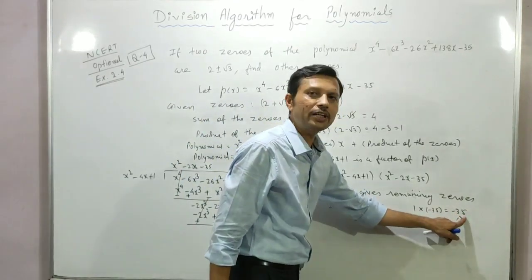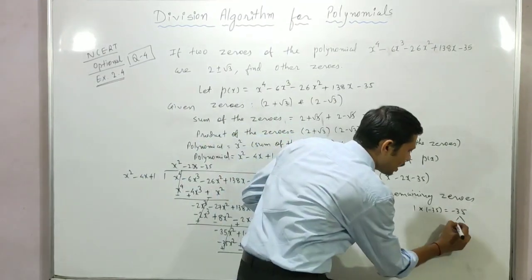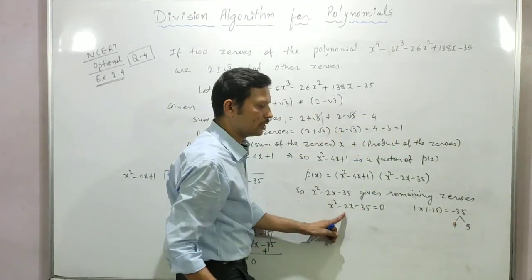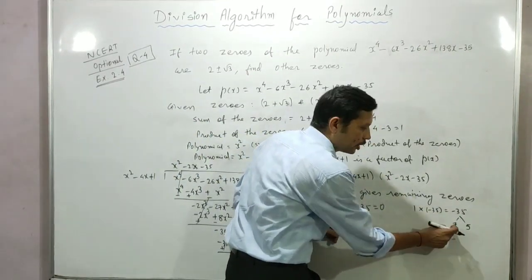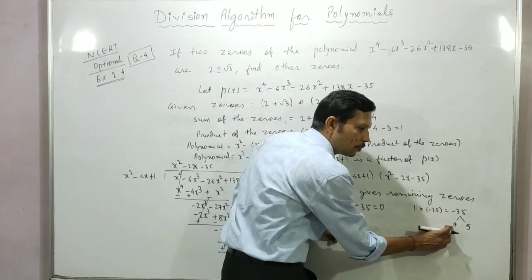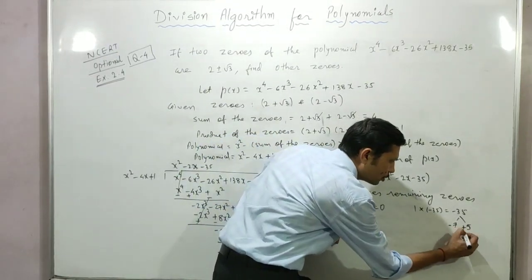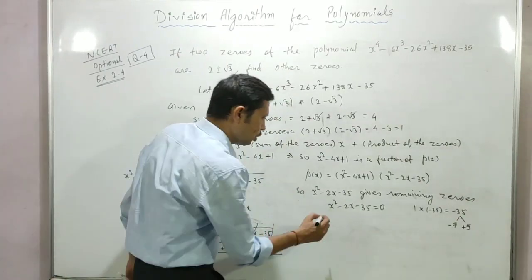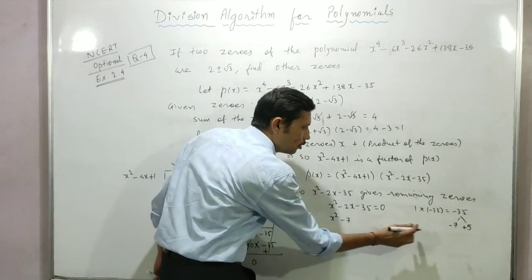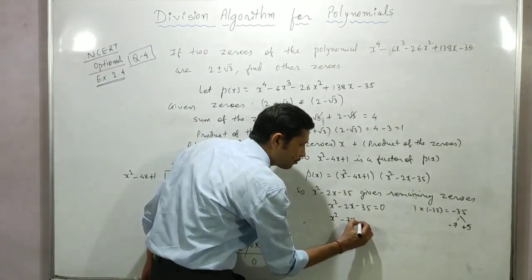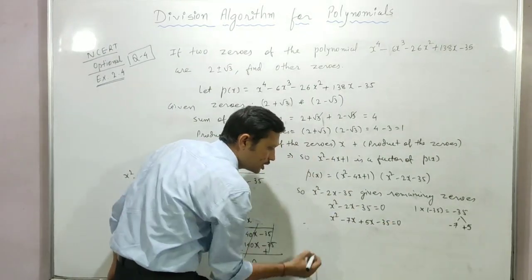So we require two factors of 35 whose subtraction should be the middle term, 2. So 7 times 5 is 35, and that subtraction is 2. Now, since subtraction takes place, one splitting factor is positive and the other is negative. The middle term's sign goes to the greater factor and the opposite sign to the smaller factor. So x square minus 2x, what are the two splitting terms? One is minus 7x and the second is plus 5x, and minus 35 equal to 0.